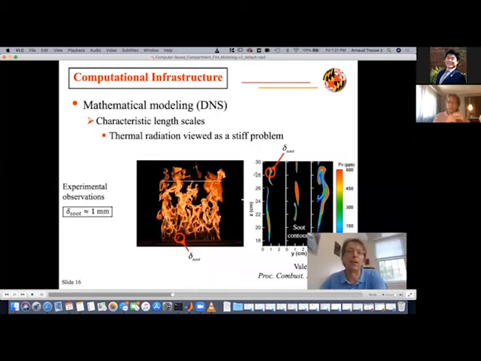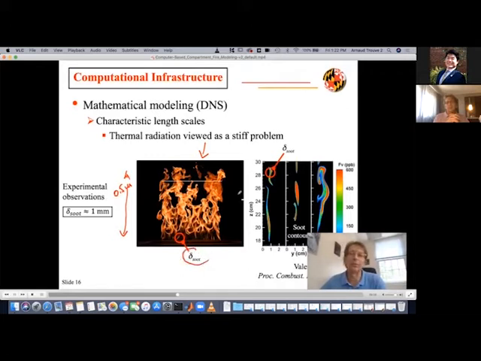And finally, this review on length scale will be completed by consideration of the radiation problem. Here I'm looking at a picture of a turbulent line burner that is on the order of 0.5 millimeter high. This is a methane flame, and the yellow luminosity from the flame corresponds to soot radiation. You can see that we have a very intermittent structure of the emission from this flame, associated with the fact that the soot tends to accumulate in thin filaments that have a characteristic thickness, typically on the order